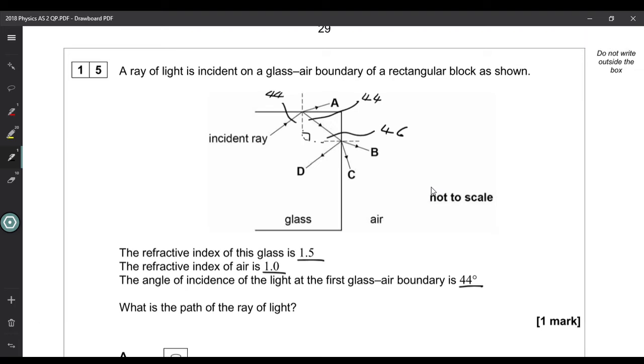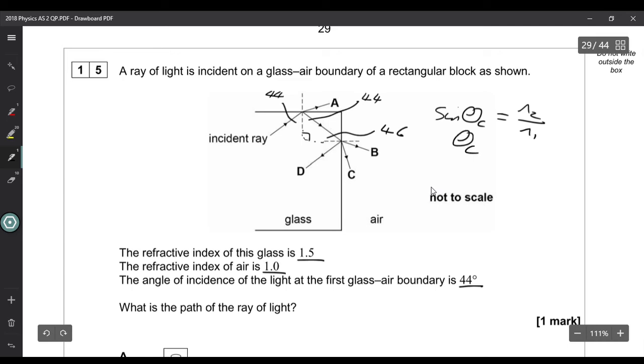So the first thing we need to do to work out the path of the light is work out the critical angle. So sine theta critical is n2 over n1. So theta c equals